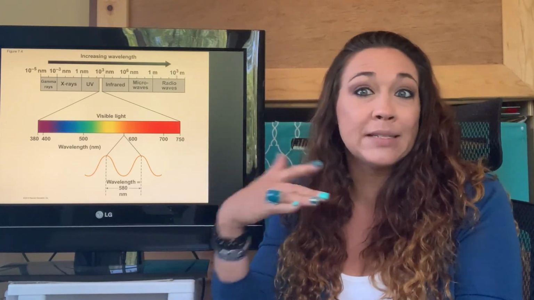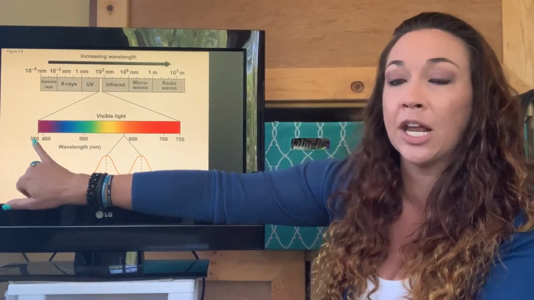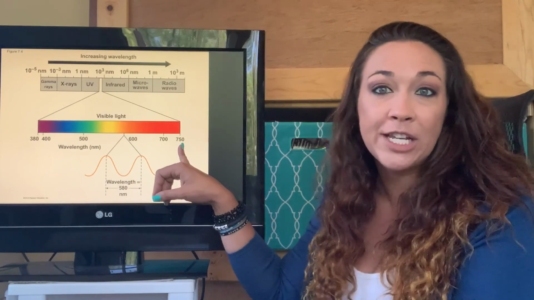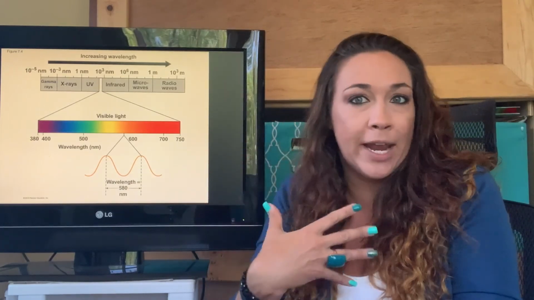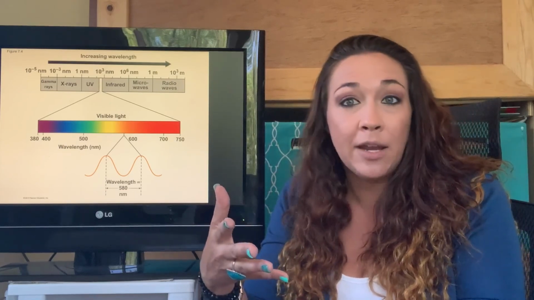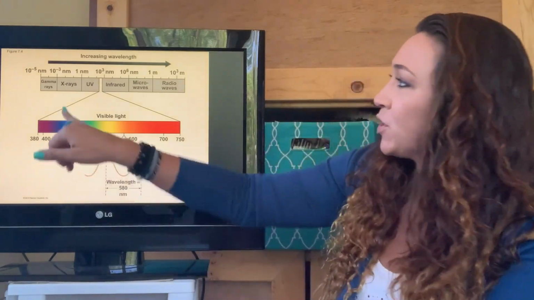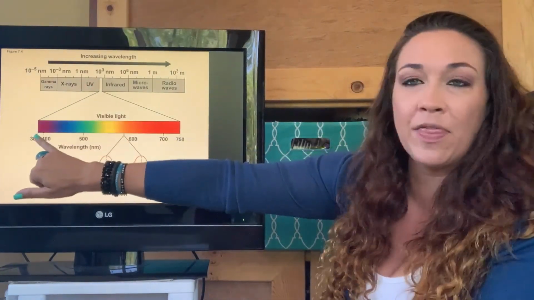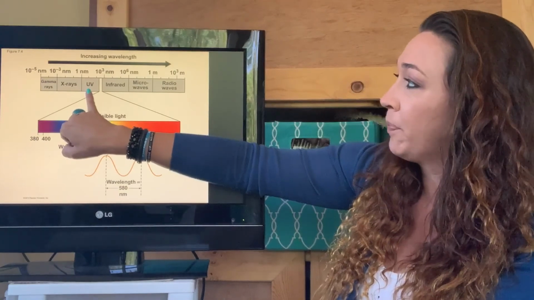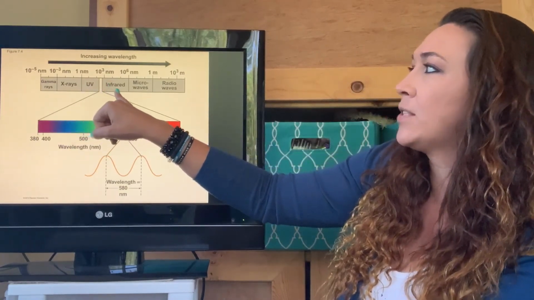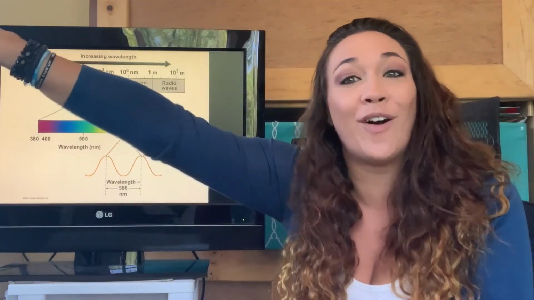That's why we really can't see all of them with our naked eye. In fact, we can only see between 380 nanometers and 750 nanometers. Everything else is outside of the range of our eye. We cannot see it. Some organisms can, right? Some organisms can see in UV light and stuff like that. And that's what you can see right here. So even smaller than this violet color, this 380 nanometers, is going to be UV. And then finally going larger, you have things like infrared, microwaves, and really big are radio waves. That's why they travel so far.